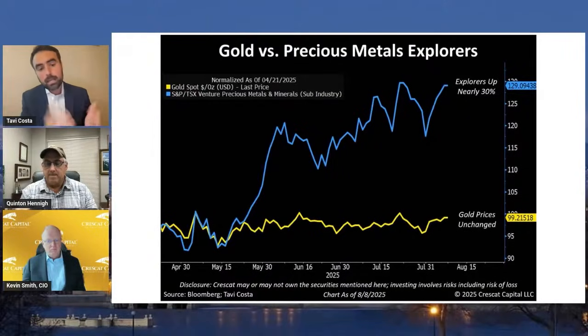And so you're seeing a 30% move in those stocks as well, at a time when gold has been going sideways. So certainly that's another way to see that investors are rotating from gold prices into those other areas, that they're taking more risk and feeling more and more comfortable. And I do think that those are very clear signs that we're probably at the beginning of a bull market in the overall industry as well. Let's go to the next chart.